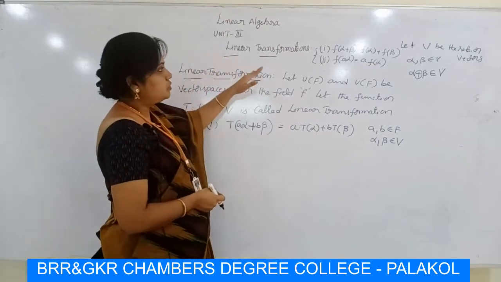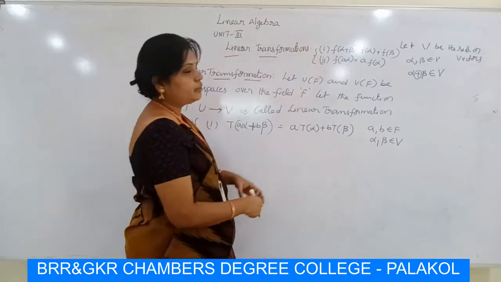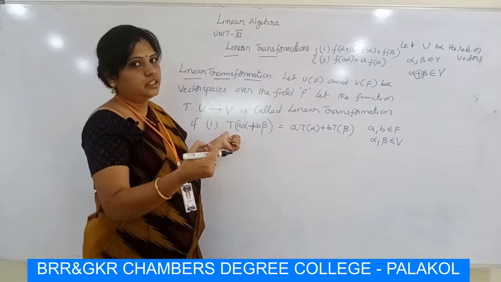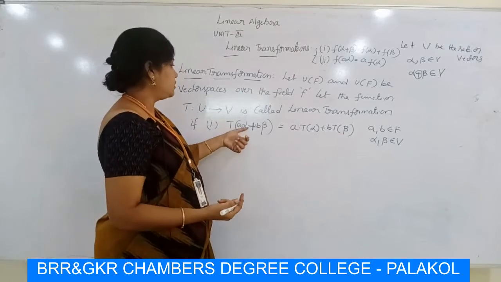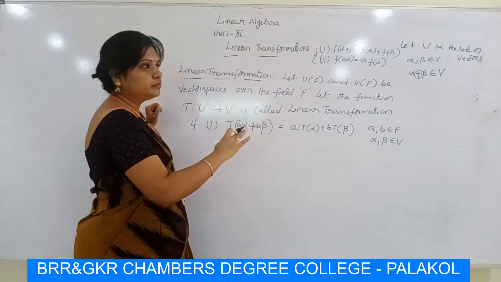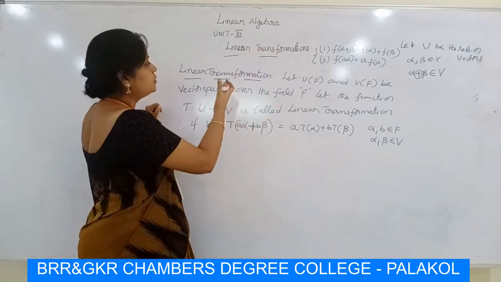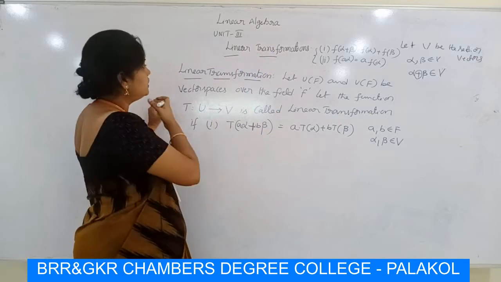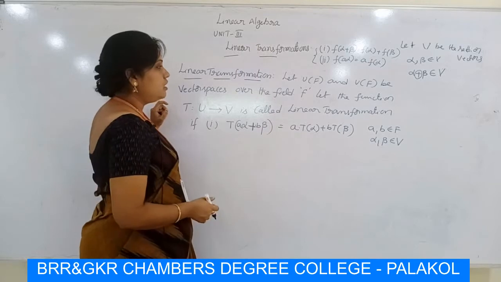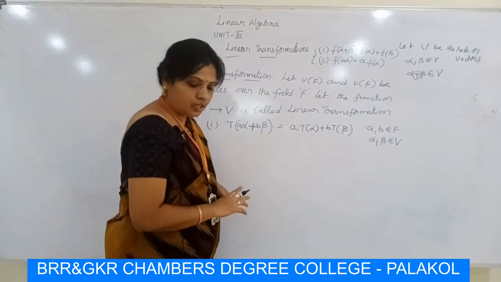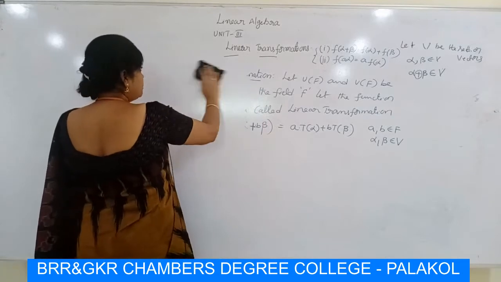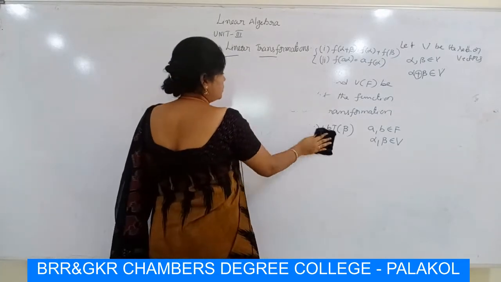Here these two conditions combine into a single condition. So that is the linear property. Single condition means linear property. So the linear property and the vector space homomorphism change to some other form, and that is called a transformation. So another name for it is linear transformation. Now we see the theorems on linear transformations.